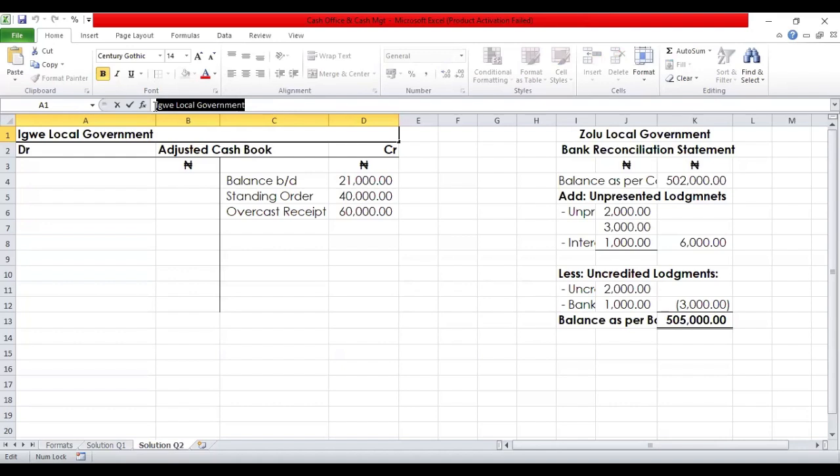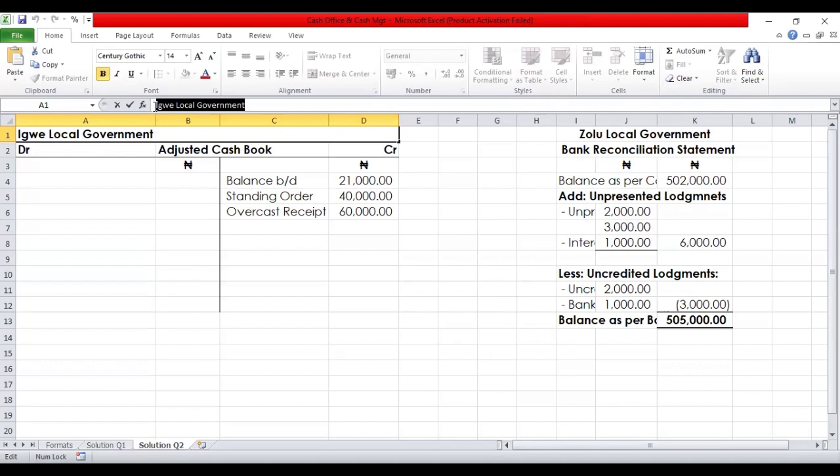If it's a transposition error, you move a wrong figure. You want to move 21,000, but mistakenly you have entered it as 12,000. That is transposition. But this one,